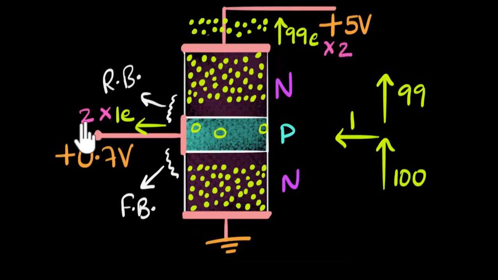And if this were to triple, this would be triple. If this were to half, this would be half, and so on. In other words, if the current in this wire fluctuates, the current in this wire would fluctuate in exactly the same manner. However, the current over here will always be 99 times more than the current over here. In other words, the current in this wire is the amplified version of the current in this wire, and that's